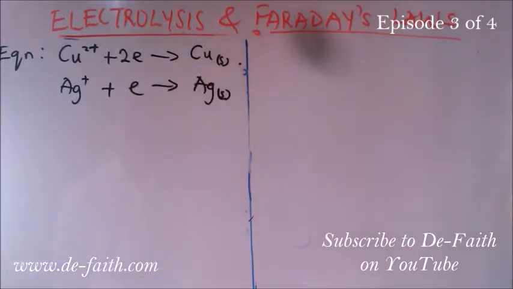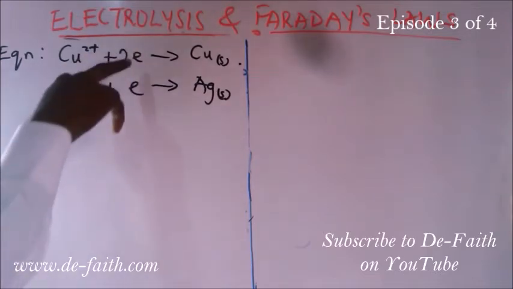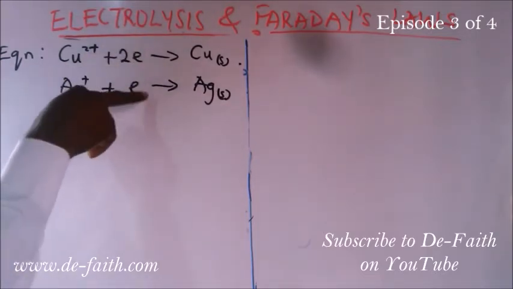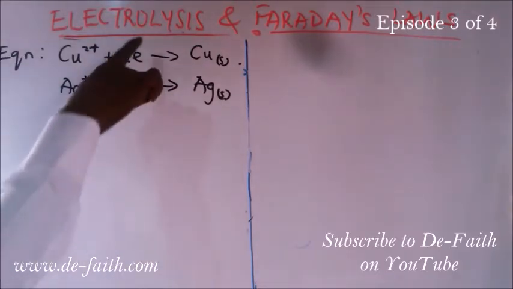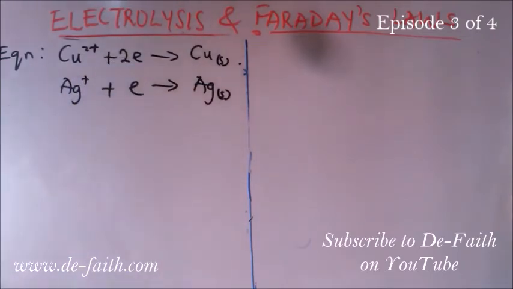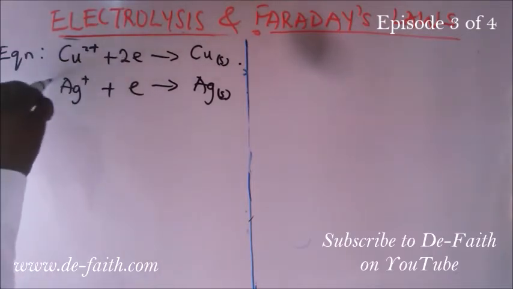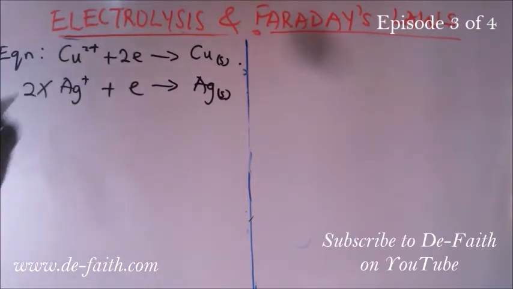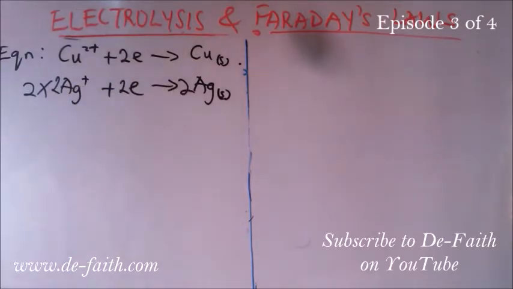Now this equation needs to be balanced in the sense that we have 2 electrons over here, and these 2 electrons will reflect on the silver because of the quantity of electricity. So the same quantity of electricity passed from this first one to the second one to deposit its own mass. And so since this is already 2 electrons, we have to multiply the silver equation by 2. And so this produces 2 electrons here, 2 over here, and we have 2 Ag here.